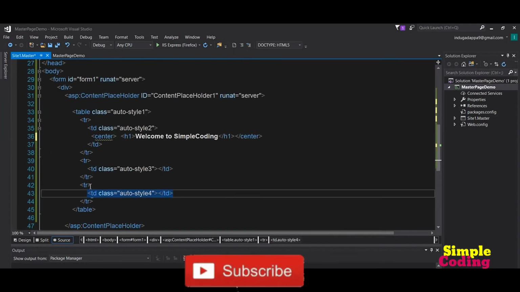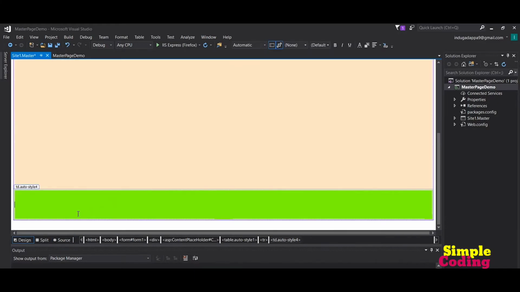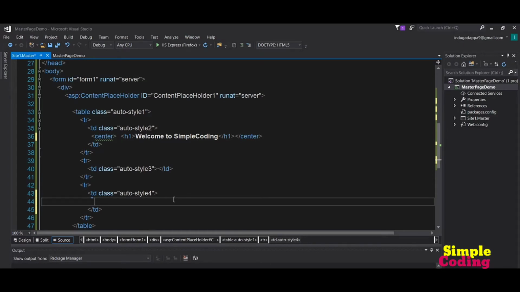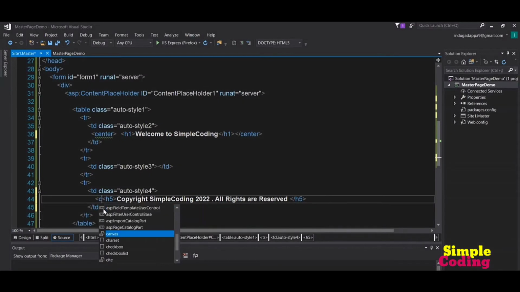Now inside this third row I want to display the copyright disclaimer. So inside this TD tag I am using H5 heading tag to display this copyright disclaimer, and inside this H5 heading tag I am writing copyright along with name of my channel Simple Coding and year as 2022, and also writing all rights are reserved, and this heading will be displayed in our third row.